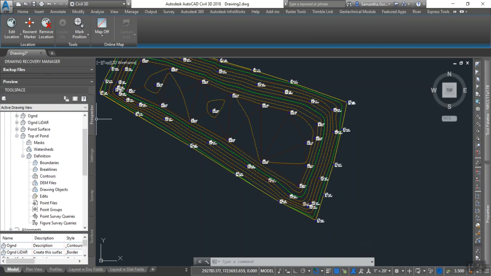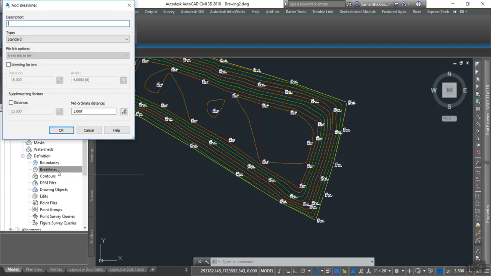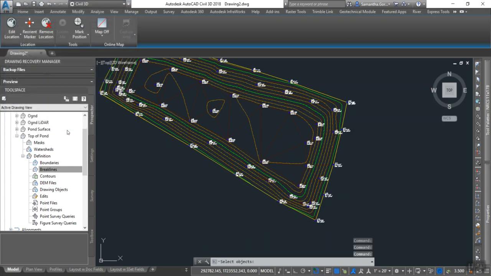Now since we created a 3D polyline, we don't need to define it by these individual points. We can just define the break line of that 3D poly. So we're going to select break line, right click and add, and we're going to label this top of pond and hit OK. Now it wants me to go select it, so I'm going to select